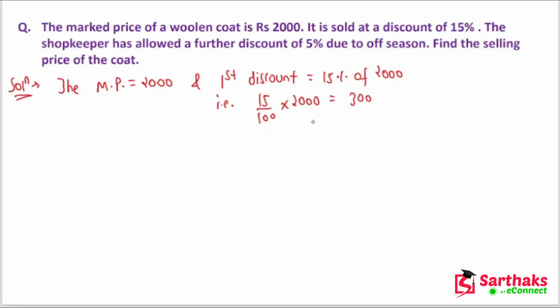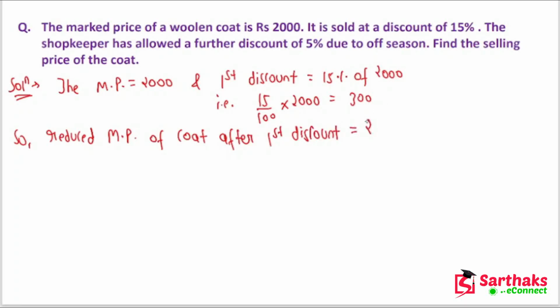So what is the marked price, or you can say the reduced marked price, for that particular coat? Okay, so the reduced marked price of the coat after the first discount is equal to rupees 2000 minus rupees 300, which is rupees 1700. Okay, so you can clearly see that the reduced marked price of the coat after the first discount is equal to